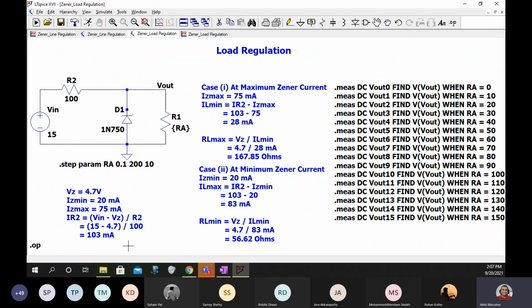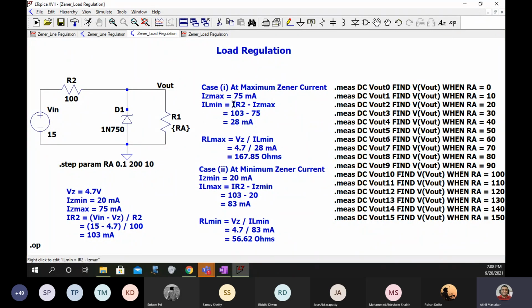So that is 103 milliamperes. So IR2 is 103 milliamperes. Now IR2 is not changing because Vin is not changing. If I am working at maximum Zener current, Iz max, which is 75, then IL will be minimum. If Zener current is at maximum, then IL will be at minimum.